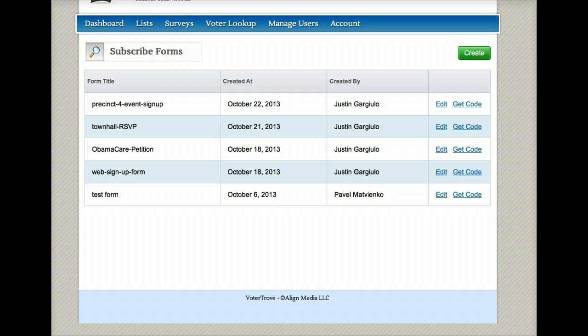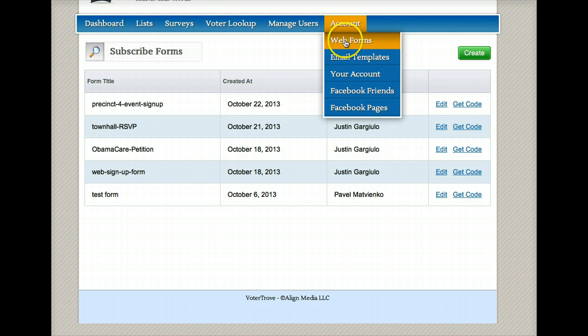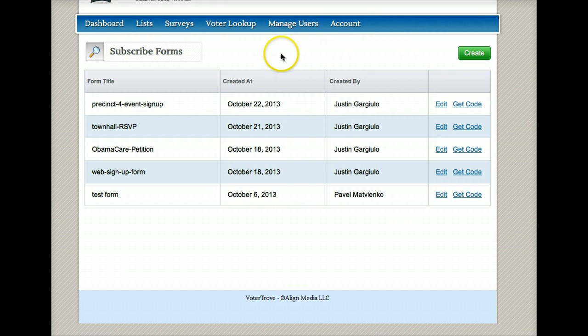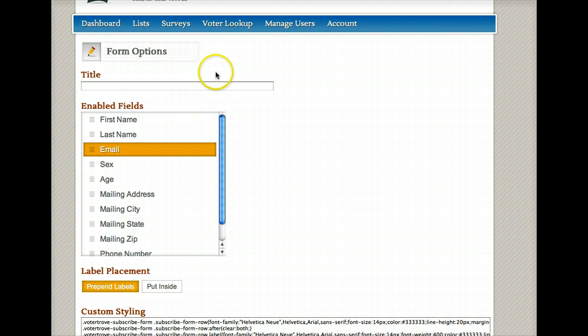So I'm going to start by coming into account and web forms. This is the page I'm on right here, and you can see I have my forms here. Now I'm going to create a new form, and let's say this is going to be a petition about the debt ceiling. So we're going to do debt ceiling petition. And you can see the only required field I have here is email,